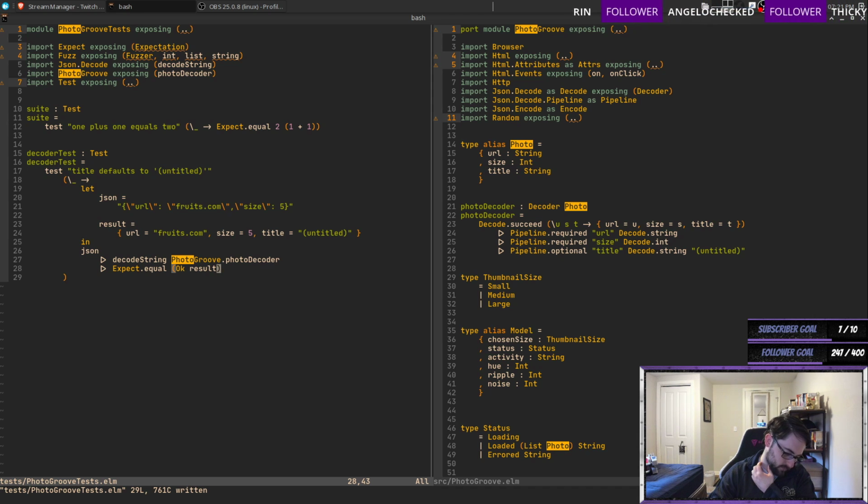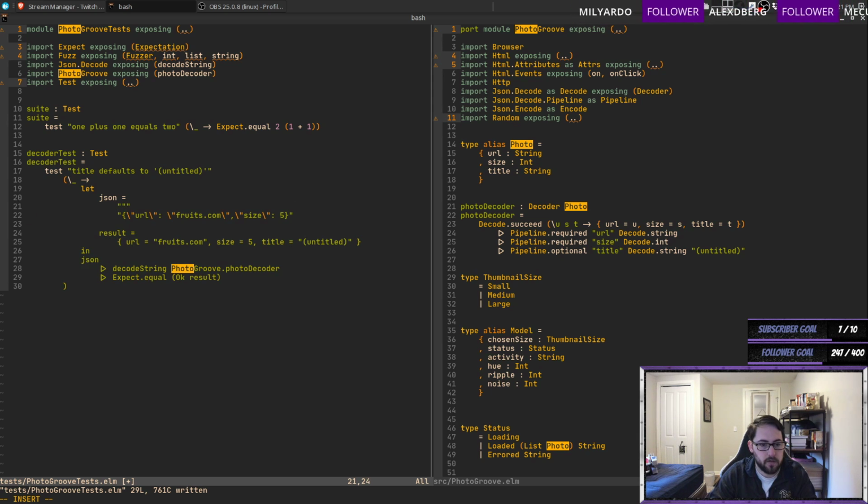Okay. Oh, apparently we can write this a little cleaner. Elm has a triple quote syntax for longer strings. Nice. So instead of this nonsense, we can instead write